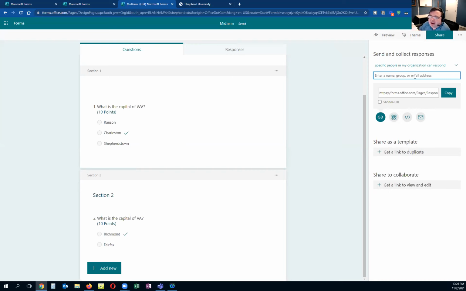I do have a way in Brightspace to add a lot of people to a Brightspace site. It's not as hard as you would think. If you give me the list of names, like in a spreadsheet, I can do it. It takes me a few hours to figure it out exactly. But then you could just put that form in there. So no one would really have access to the form except whoever is in that site, because they're the only ones who have access to that URL. They could give it to someone if they wanted, but